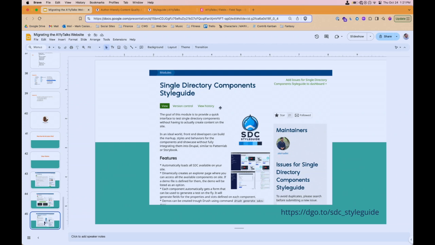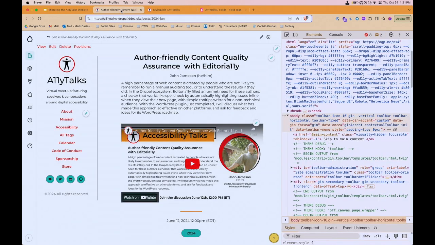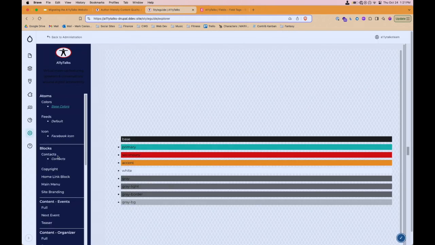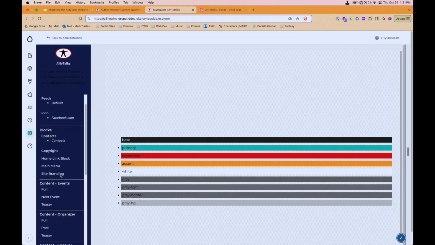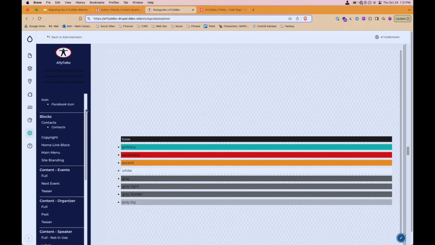Anyway, I've only been working with it for about a week now. So this is actually its own style guide. It's in Drupal again. You can't style this sidebar here, which is kind of sad because I can't read that text, basically. So you can't change what the style is.